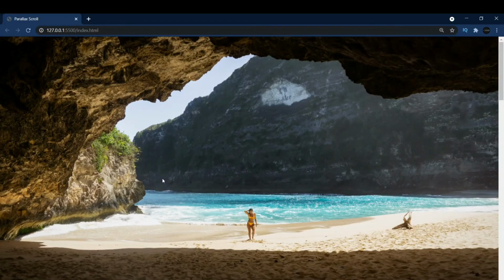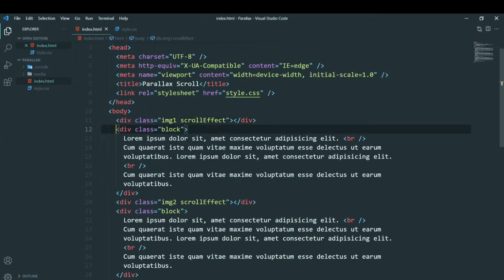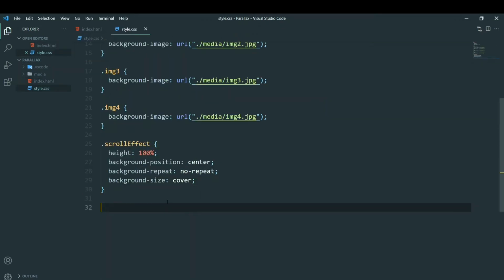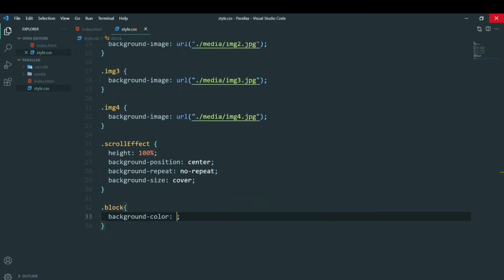Before doing that scroll effect, let's do one more thing. Let's go back to the browser. Now we are going to style this block of text right here. So we use this class called block. We'll target that class and add a few properties, such as background color. You can use RGBA because it allows you to create a transparent object, where in place of alpha you can add the opacity. So we'll just make it 0 0 0, and let's see how it looks.